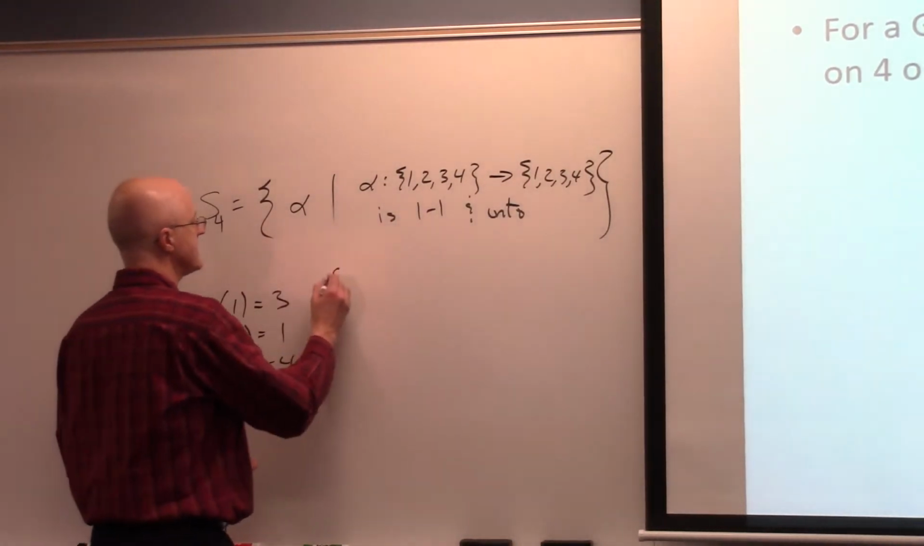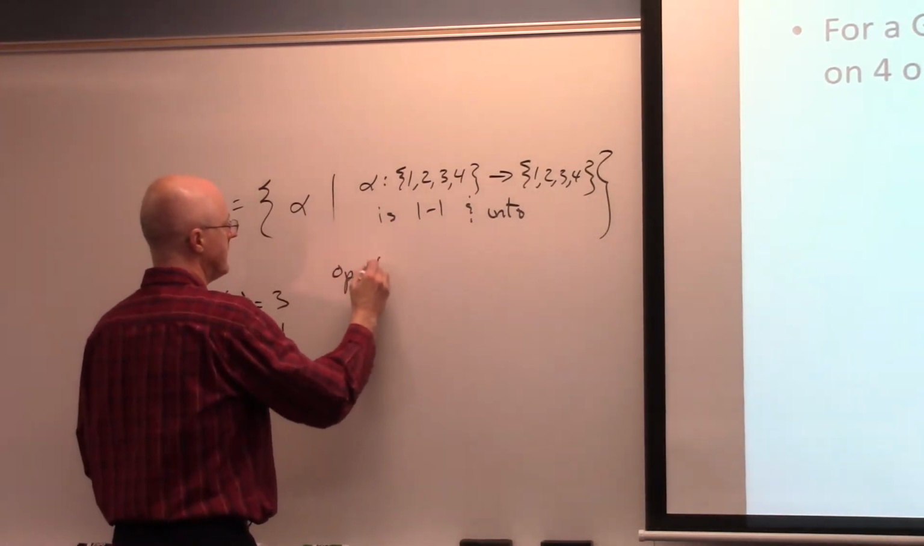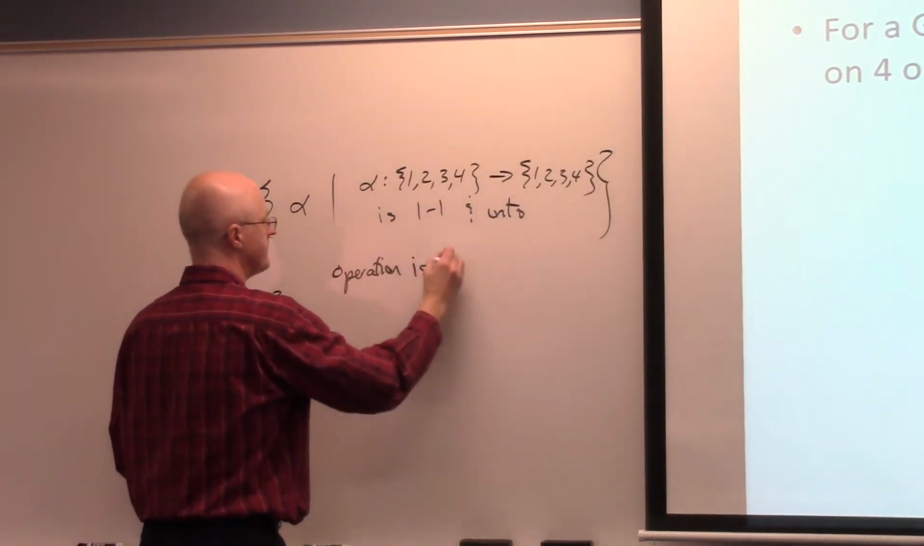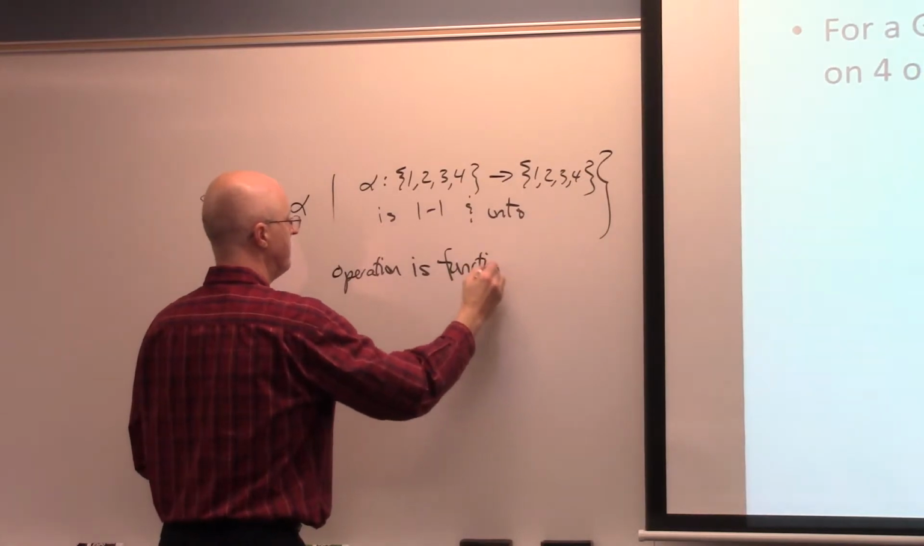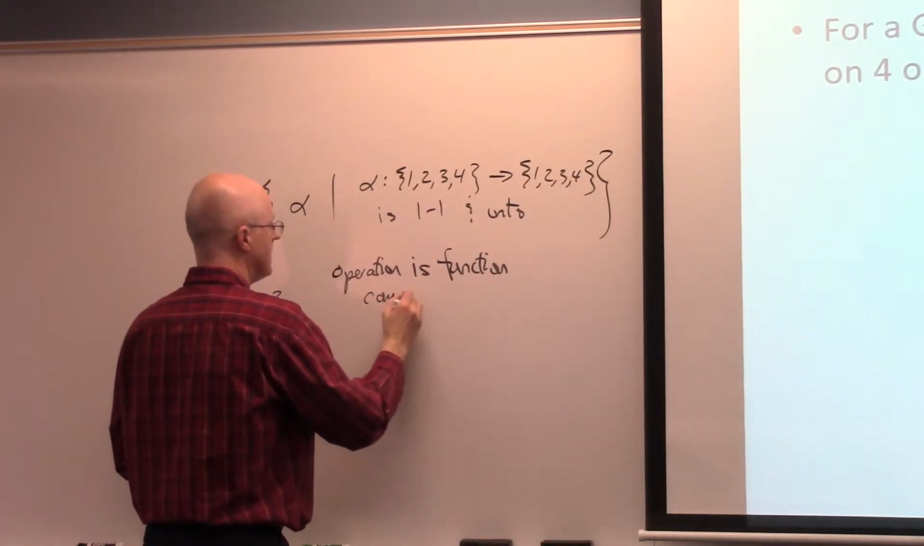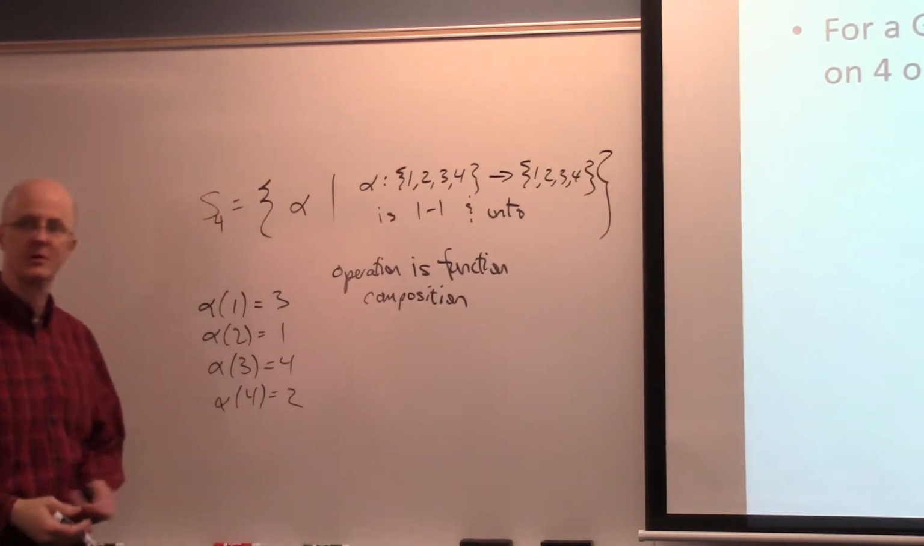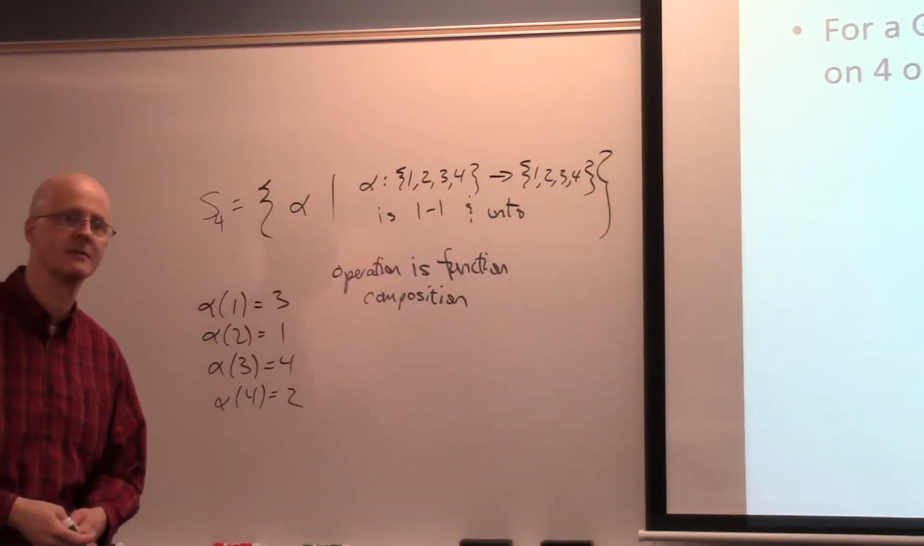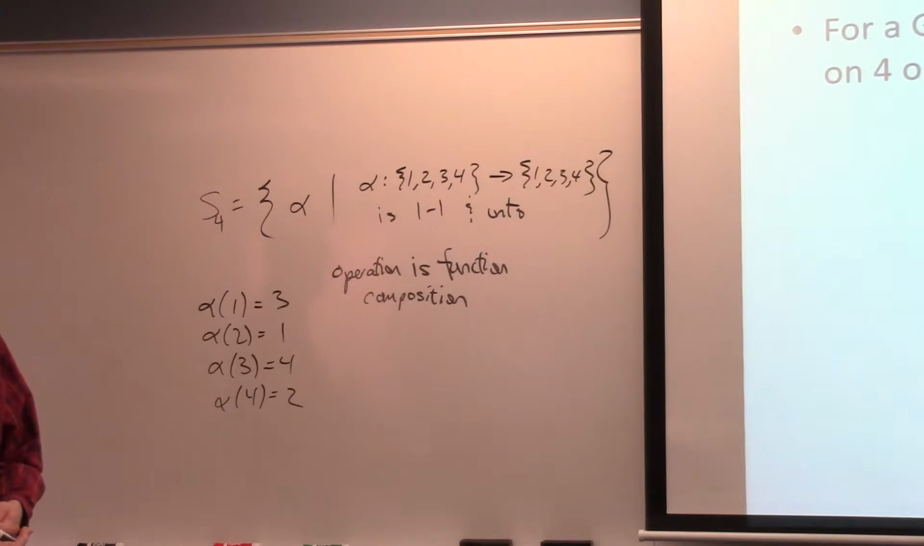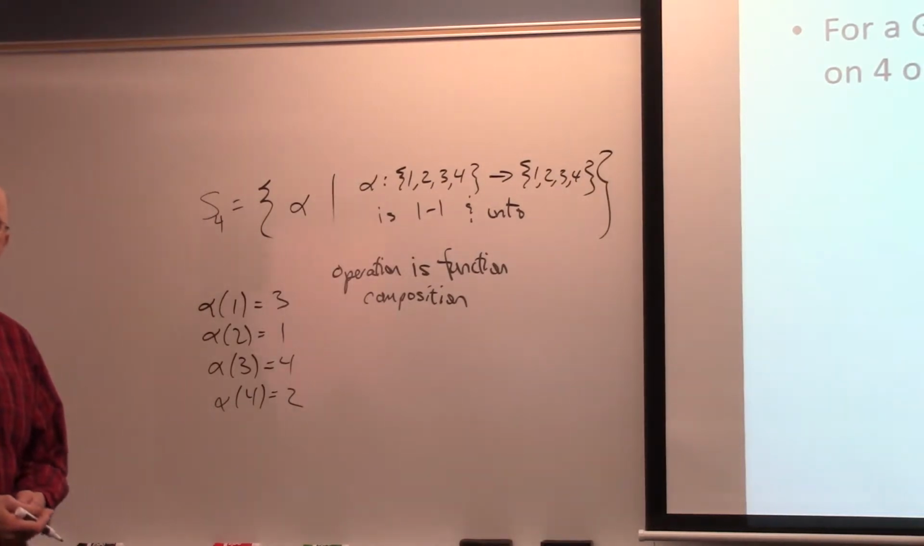And the operation is function composition. And then from chapter 0, it's important that when you compose 2 1-to-1 functions, you get a 1-to-1 function. When you compose 2 onto functions, you get an onto function. And such functions have inverses. And the identity element,